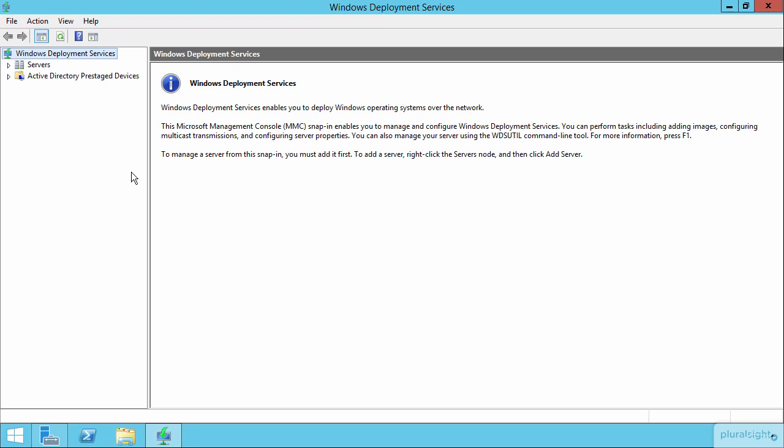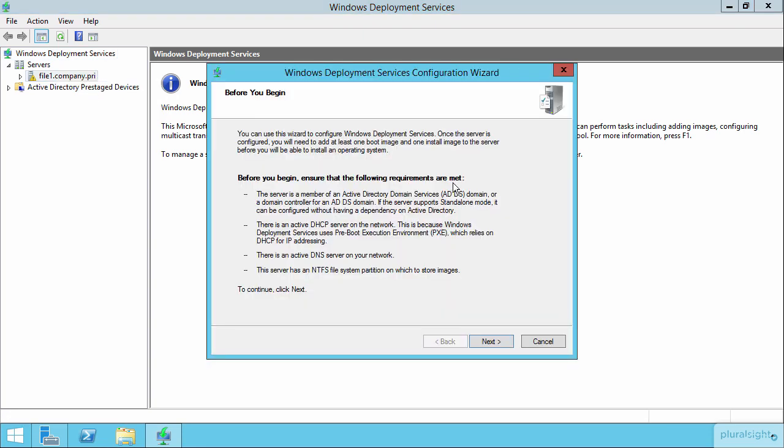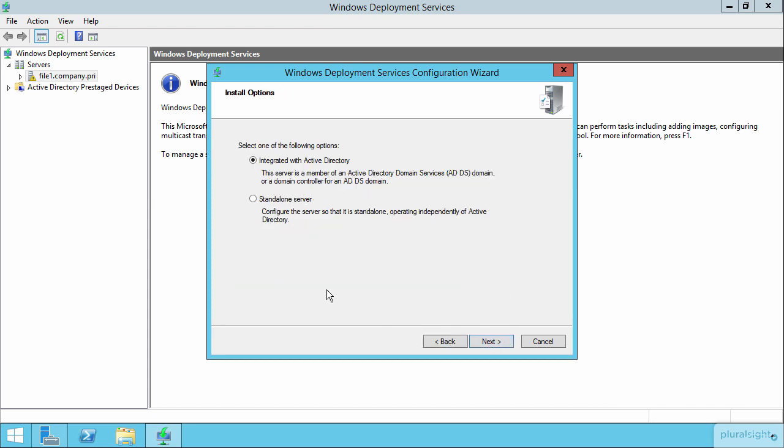Let me come over here to our servers node, and then if I drop down, we can right-click on file1.company.pri and go through the initial configuration wizard. This is not by any means the comprehensive configuration wizard. All it does is really just get this machine barely online so that we can go through other configurations here in just a second. What we need to do here first is, by clicking on Next,